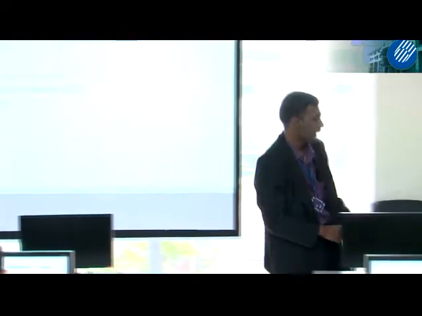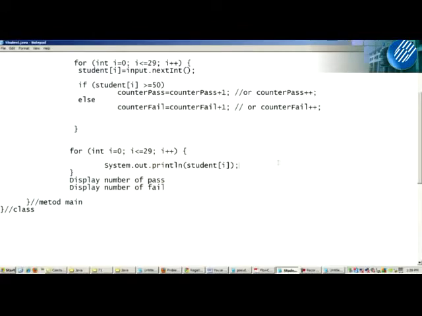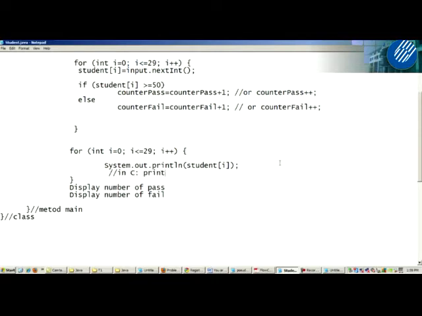Okay, in C you type like this, if I can remember. Okay, in C it's something like this. Printf, percentage D, comma, then you put what? Student I. Sorry. Close. This is in C. So you can see the difference.